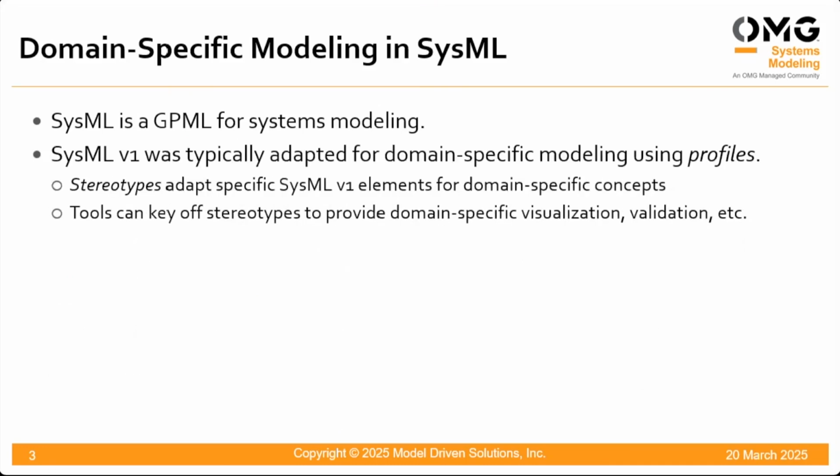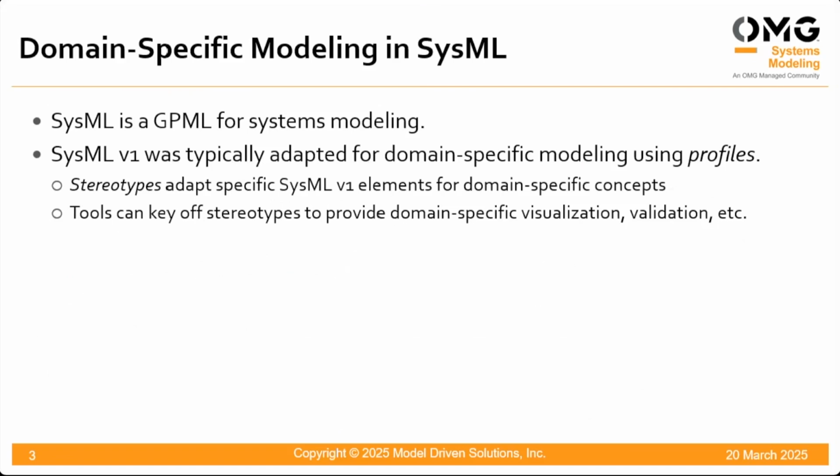In SysML v1, further adaptation was done for domain-specific modeling using profiles, very widely used. And the basic idea there is that you adapt specific v1 elements for domain-specific concepts by tagging them with stereotypes, and then tools can key off the stereotypes to provide domain-specific visualization, validation, analysis, whatnot,